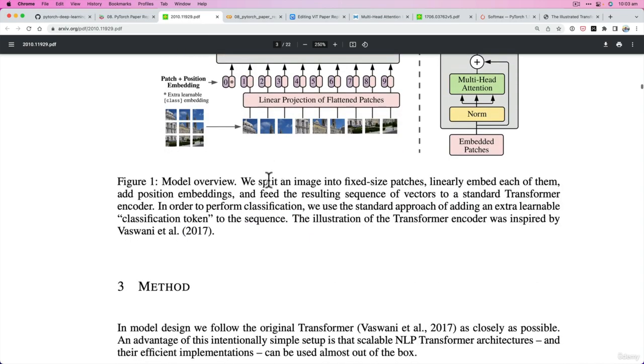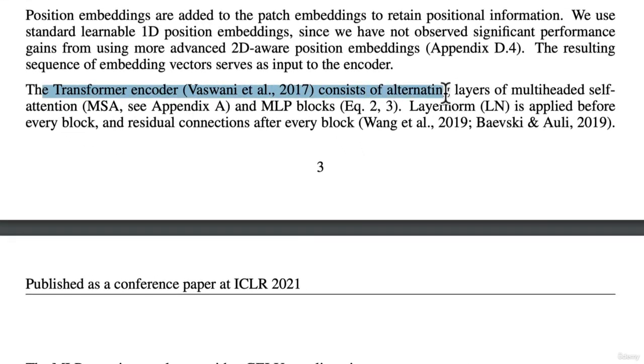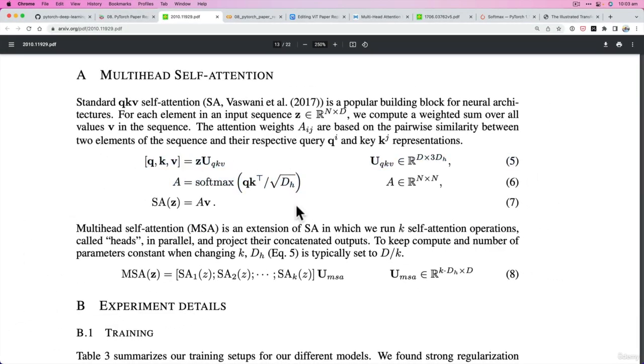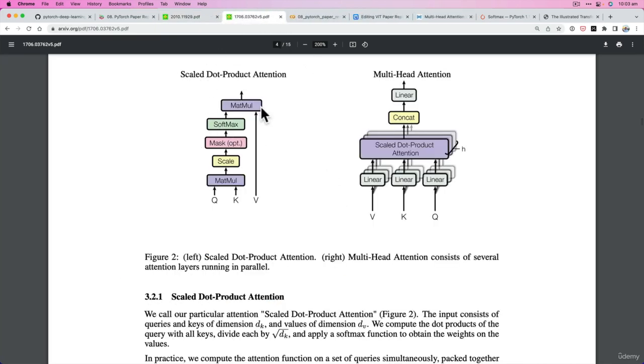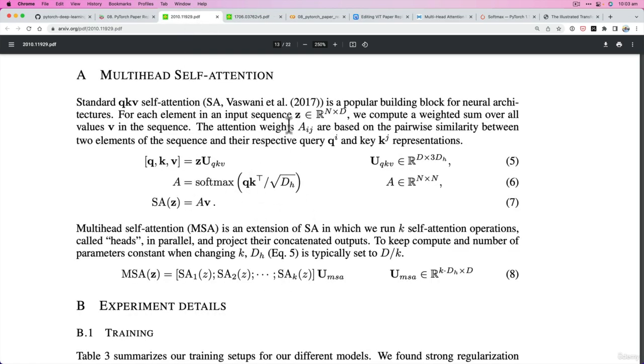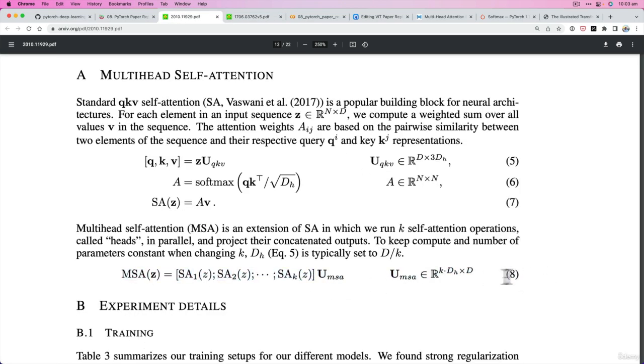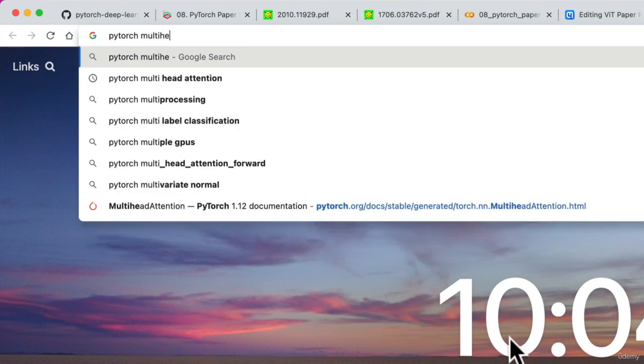In these equations in Appendix A, the transformer encoder consists of alternating layers of multi-head self-attention, MSA, see Appendix A. We've got 3 equations here. These 3 equations, and then subsequently this one, are exactly from Attention is All You Need. So we've got scale dot product attention, which is these 3 steps here, and then we've got multi-head attention, which is this step here. But if we wanted to implement multi-head self-attention in PyTorch, of course, we could replicate each one of these equations line by line. But the beautiful thing about PyTorch is that if we look up PyTorch multi-head attention,